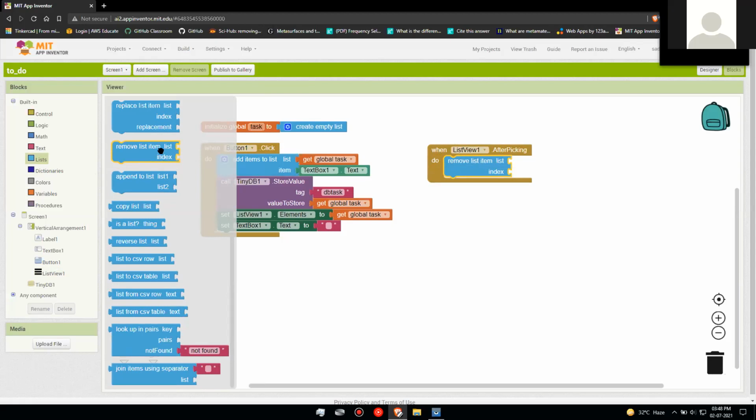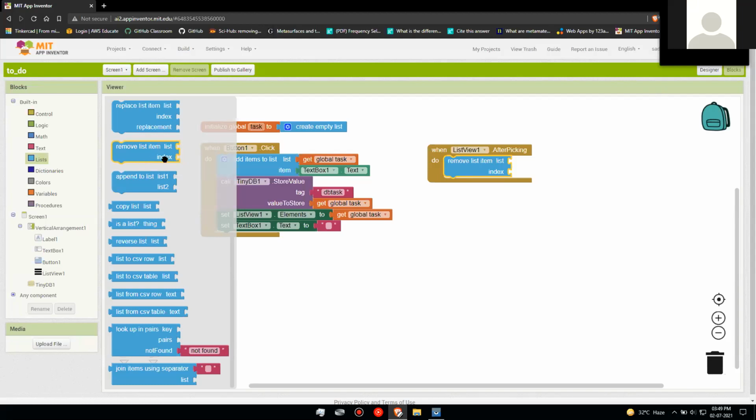Could you find it, ma'am? I'm not finding it. Scroll all the way down. It will be second from top. Yes, found it. Could you find it, ma'am? Achha, replace item, you said? No, remove item. Remove list item list, right?